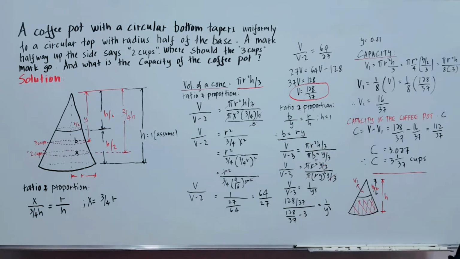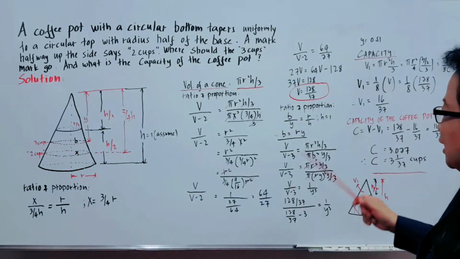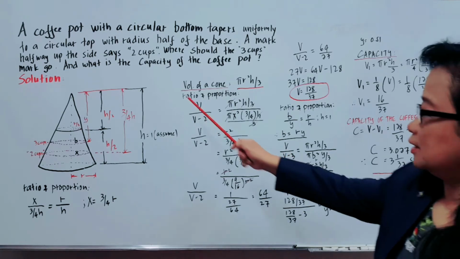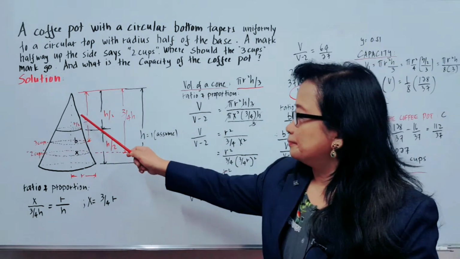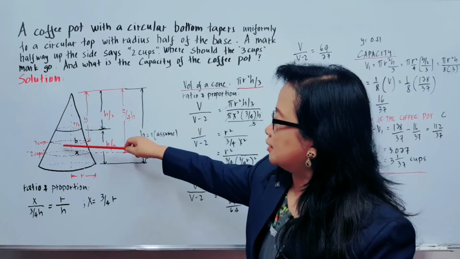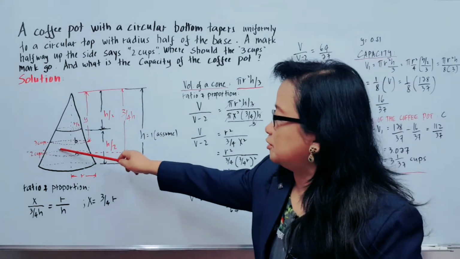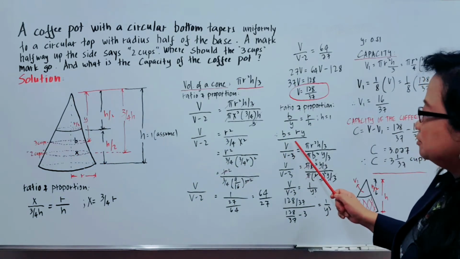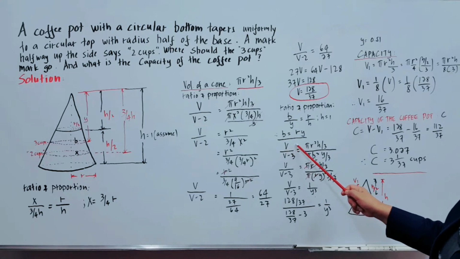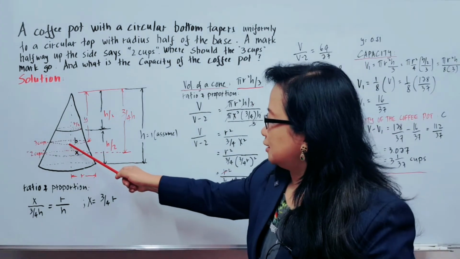Now, we will go again to the volume on the third cup where it is to be marked as 3 cups. Again, we will use ratio and proportion to solve this one. Now, the volume as a whole divided by the volume minus 3 cups. So, the ratio of the whole volume to the volume of this, which is equal to volume total over the total volume minus 3 cups. So, here it is. The volume total over the total volume minus 3 cups is equal to, of course, the formula for volume, which is pi r squared h over 3, and at V minus 3,